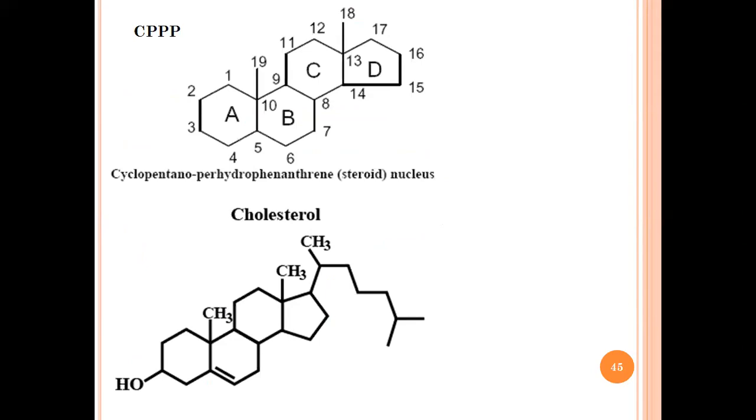कल मैंने एक क्वेश्चन दिया था about lecithin. Has any one of you read about it and wants to tell everyone? क्या होता है lecithin? What is lecithin? Is it a simple lipid, a complex lipid, or a derived lipid? वो बताओ सबसे पहले, and then you can tell me. Compound lipid. Yeah, it is a compound lipid. Where is it present? मतलब क्या होता है? You tell me. Then I will explain.